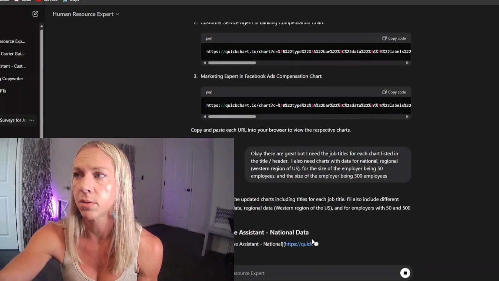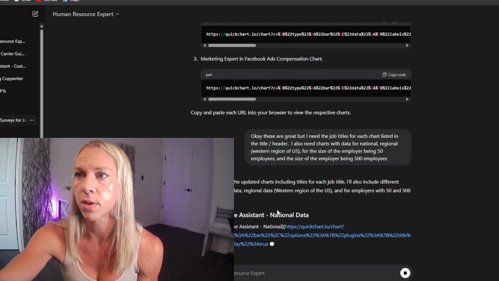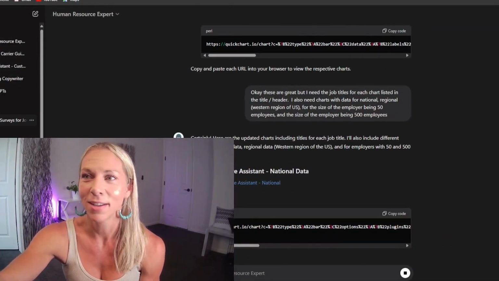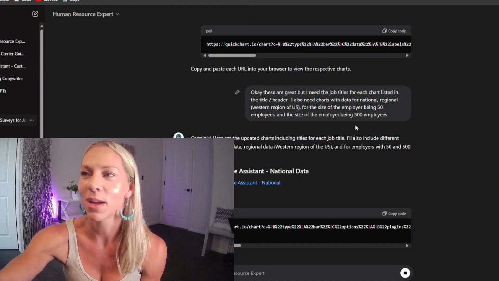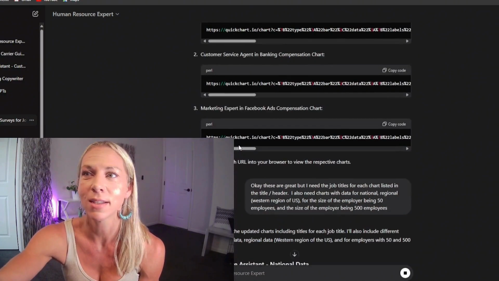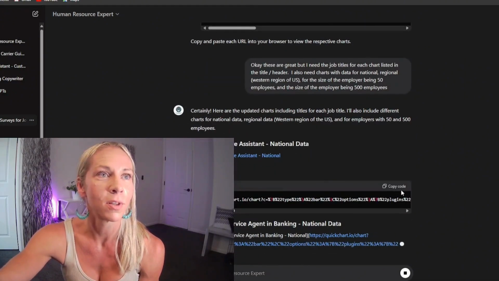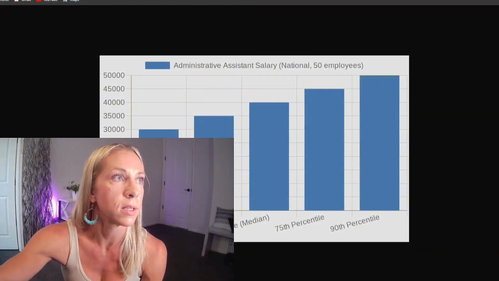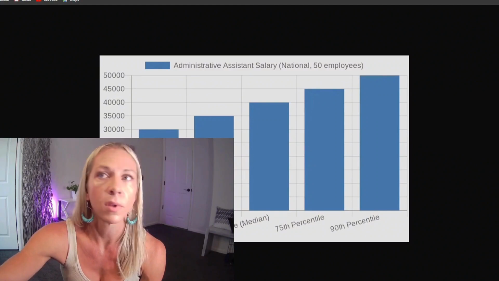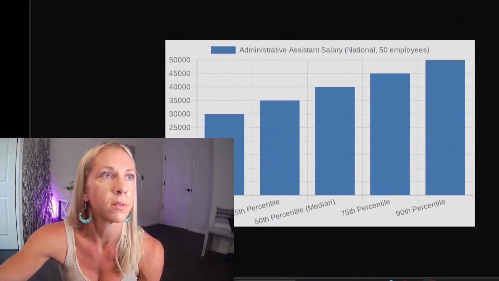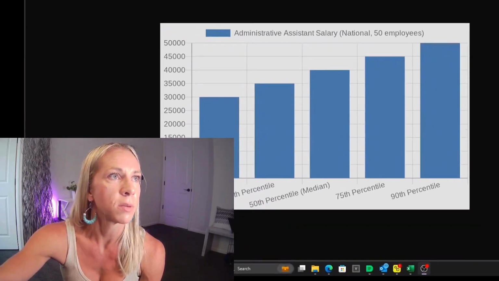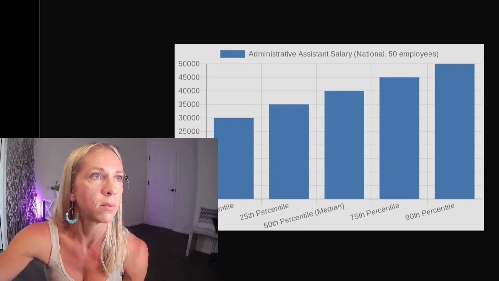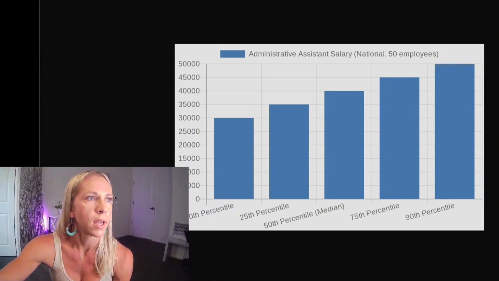Certainly, here's updated charts including the job titles. Also included different charts for national data. She's given me the link here that I can click on, as well as the plain text, just like I asked for before, so it's anticipating that, which is pretty cool. Alright, so here we have listed, let me move this over. We have asked Chat GPT to adjust the title for each chart